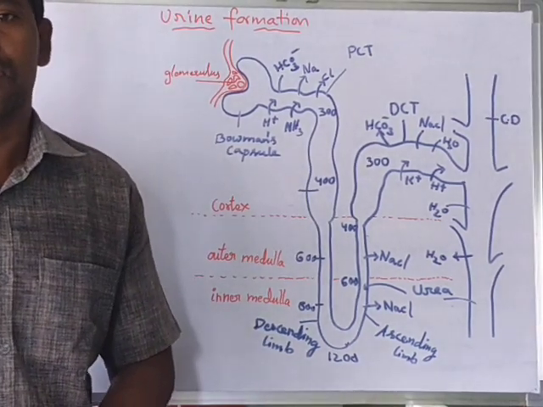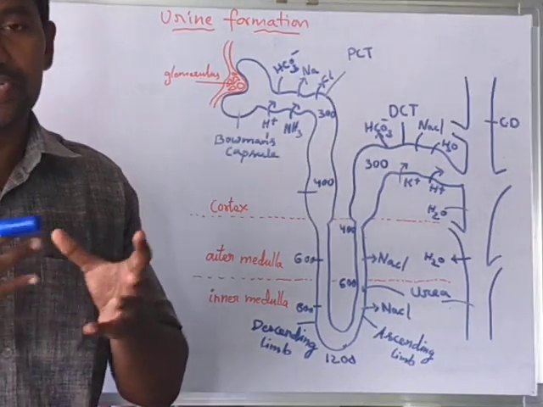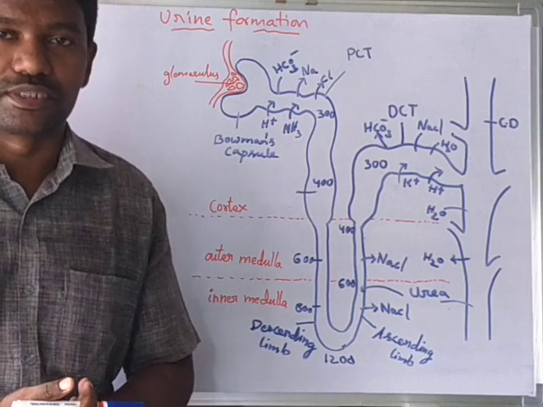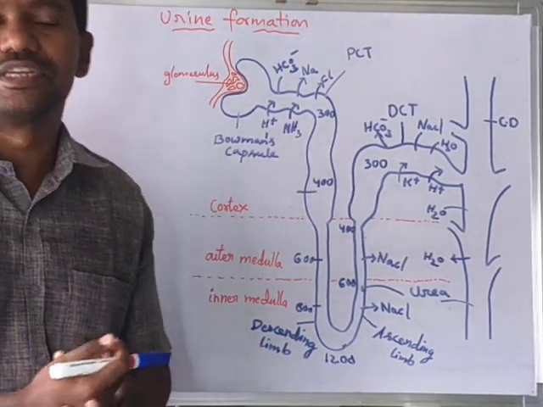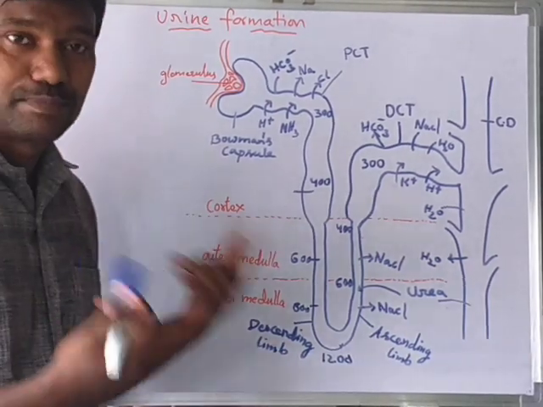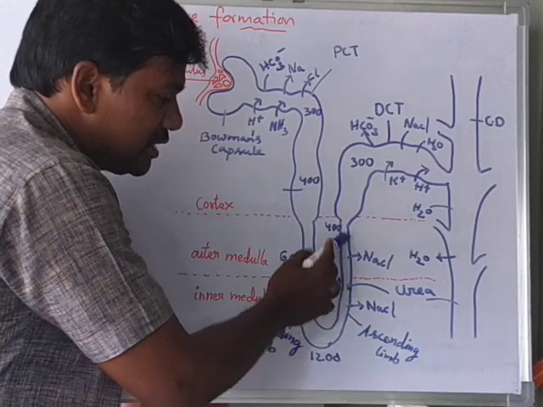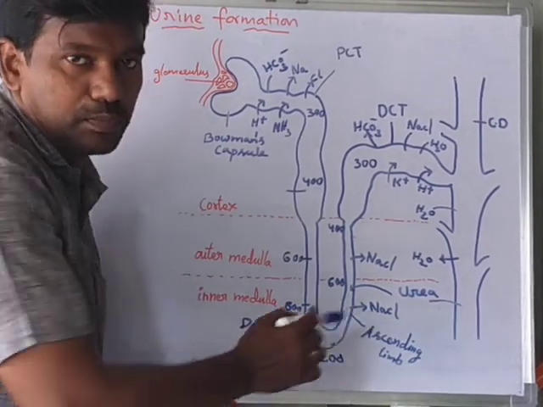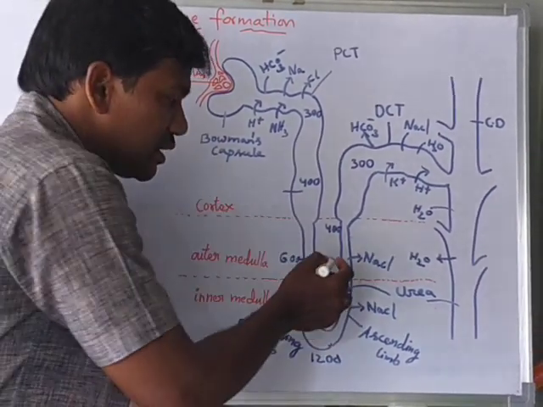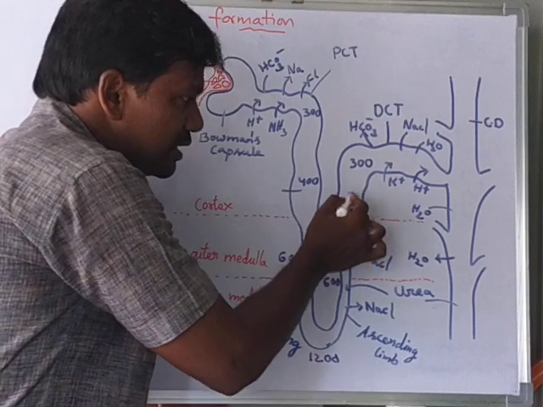We continue with urine formation. In the previous video, we discussed selective reabsorption in different segments of the renal tubule. I explained the reabsorption in the ascending limb of the loop of Henle. Now the filtrate fluid, or renal fluid, moves from the ascending limb of the loop of Henle into